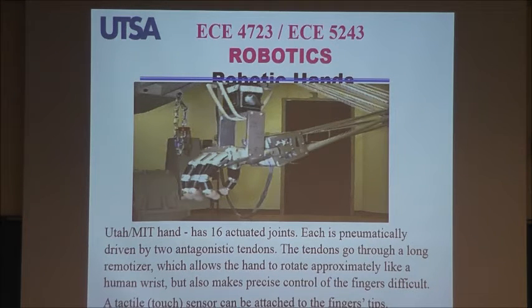Hand, we are going to be printing a hand for the humanoid robot that Berat is working on. And this is a Utah MIT hand, which, as you can see, has four fingers, and the robot hand that we've already had a small print of it. I forgot to bring it to show it to you. It's in my office. It's going to have a motor to actuate four fingers together, and another one for the thumb. So with a combination of those two actuators, you can pick things up. Okay.